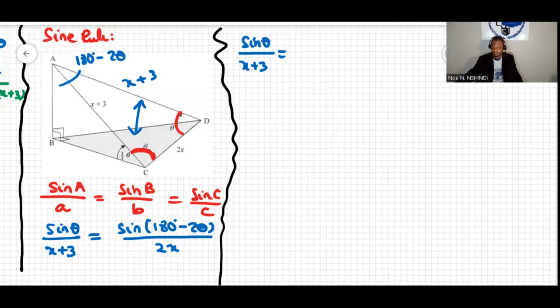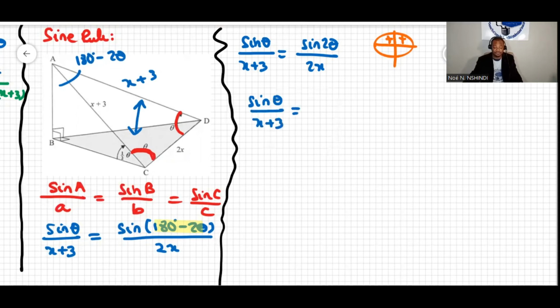This is equivalent to, if I use the sine formula, for instance, I am going to draw a diagram here. We do know that sine is positive in the first and the second quadrants. So we can reduce sine of 180 degrees minus 2 theta to sine of 2 theta, over 2x. Then we can write sine of theta over x plus 3, and then sine of 2 theta